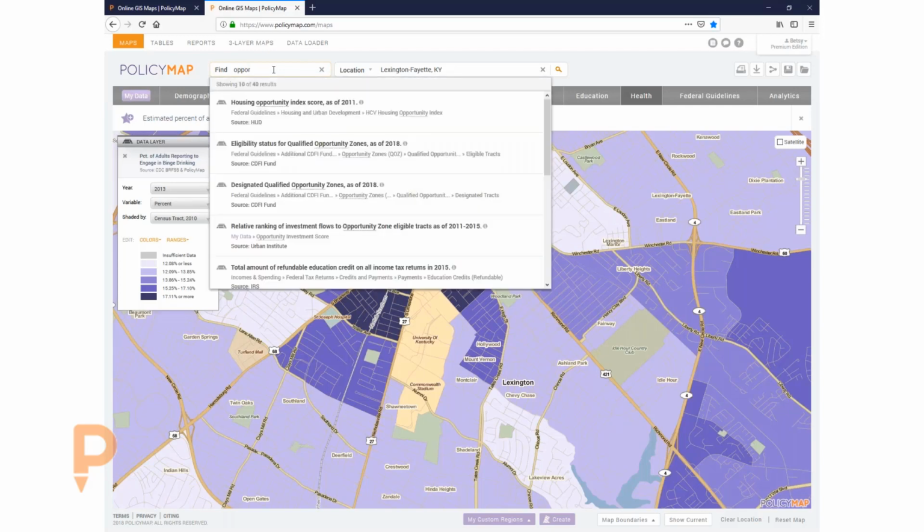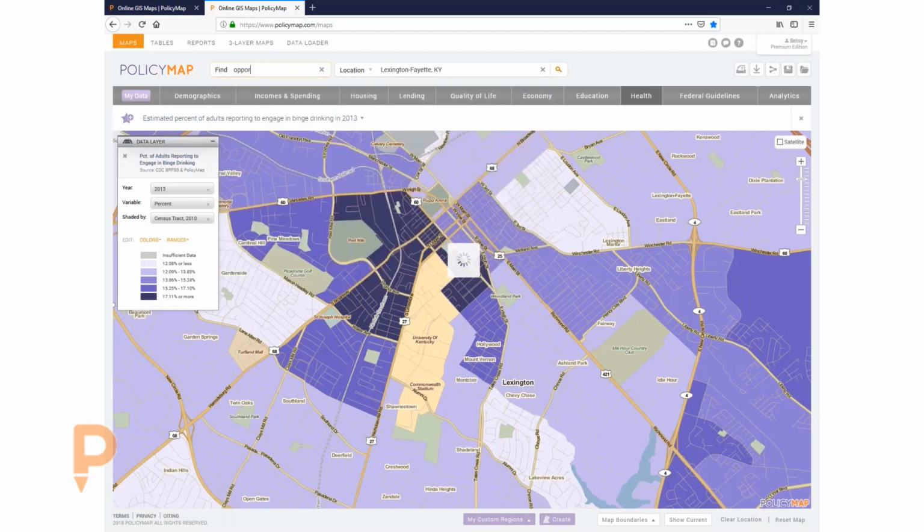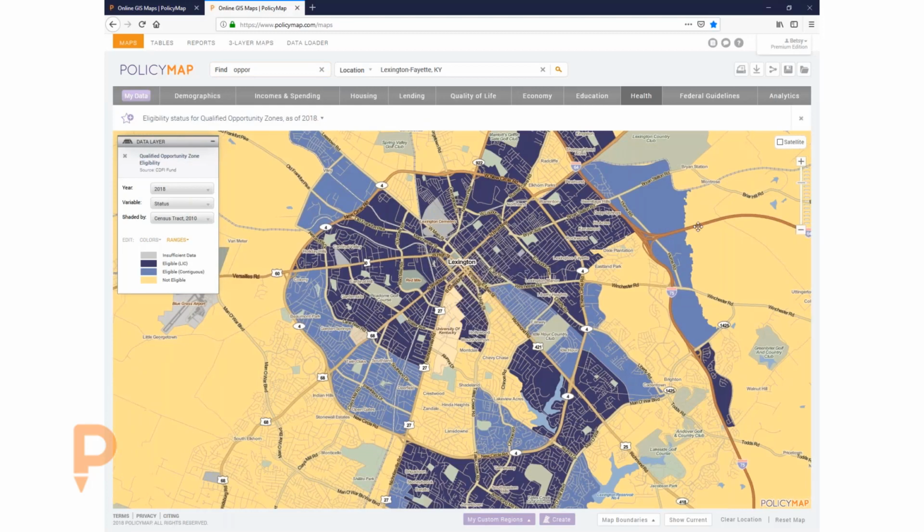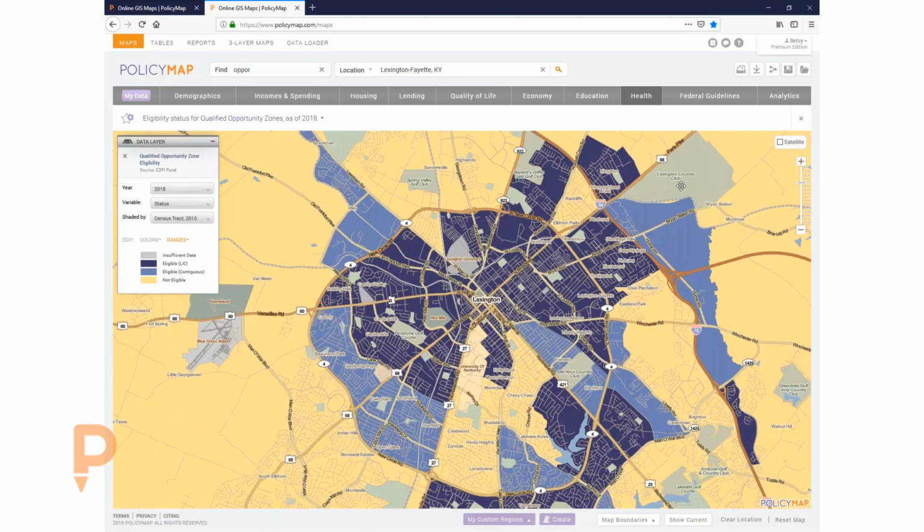I also wanted to show you that you can always look for a specific data set or data point by typing it within the Find button. But here, if I wanted to take a look at eligibility status for qualified opportunity zones, I can do this as well. Again, I can download this and see exactly what's there. So here I can take a look at opportunity zones, and then there's another great set,